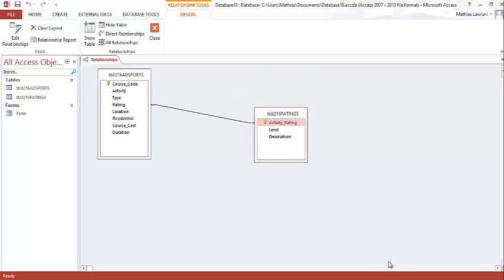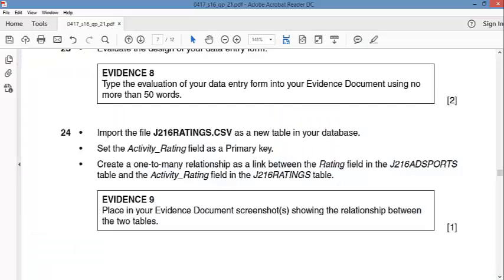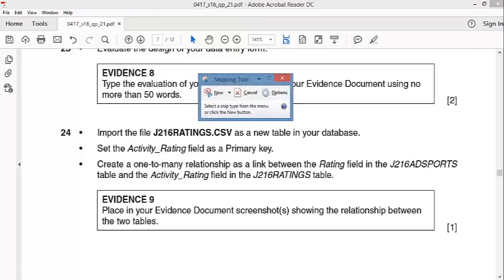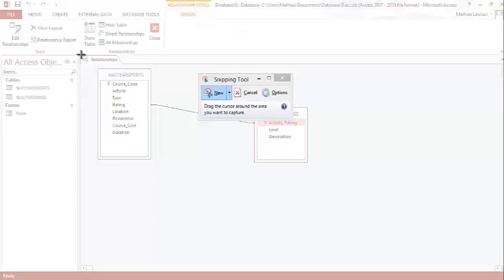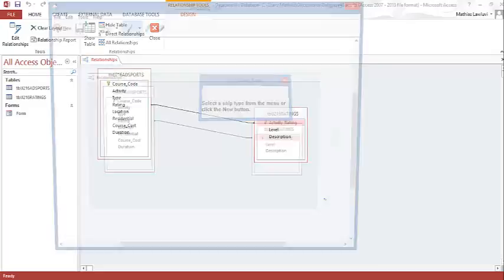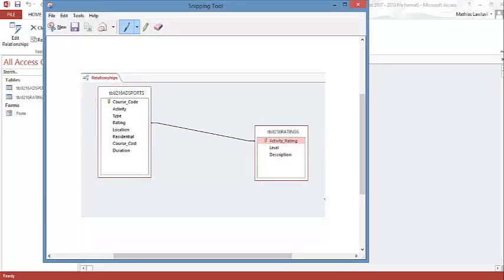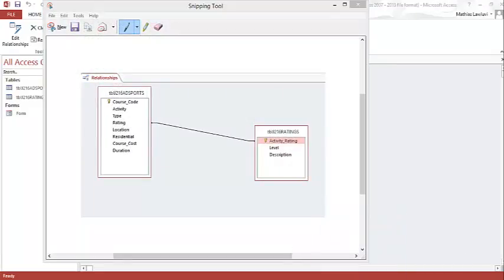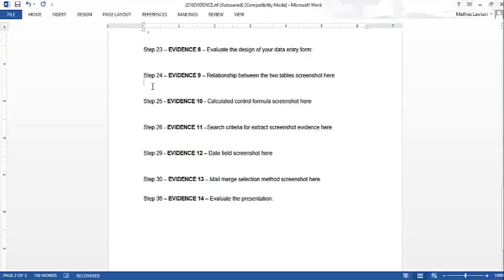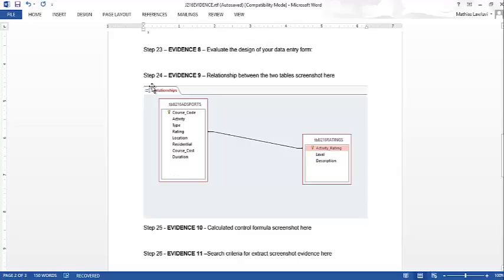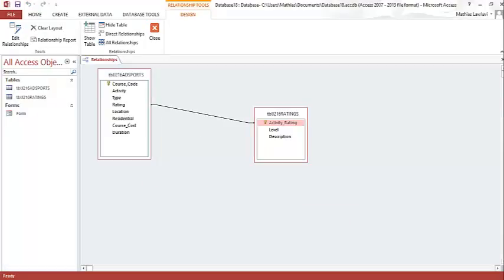Okay, all right, so the next question says we should take a screenshot showing the relationship between the two tables. So in taking a screenshot, click new, and then take a screenshot of this part, copy it, and then paste it here in step 24, and we are done with step 24. So we move straight to step number